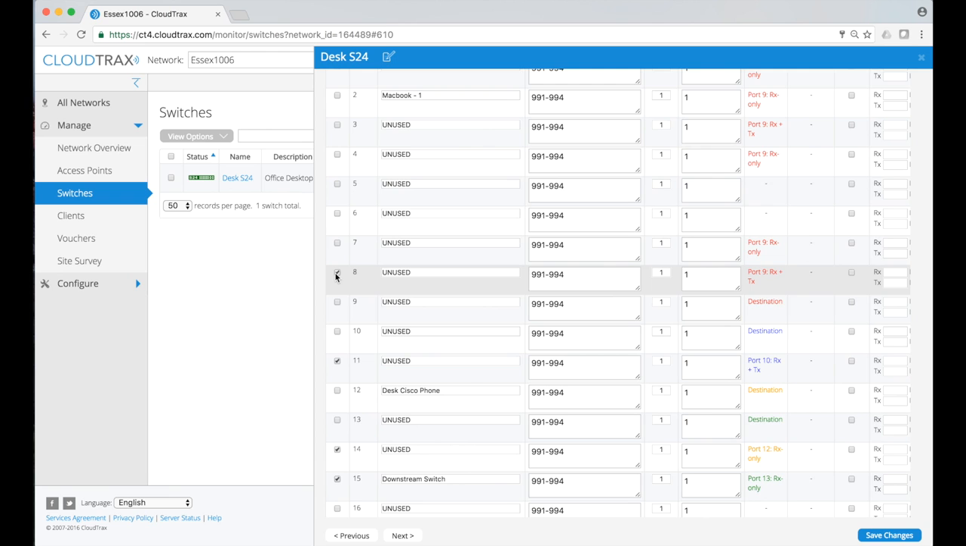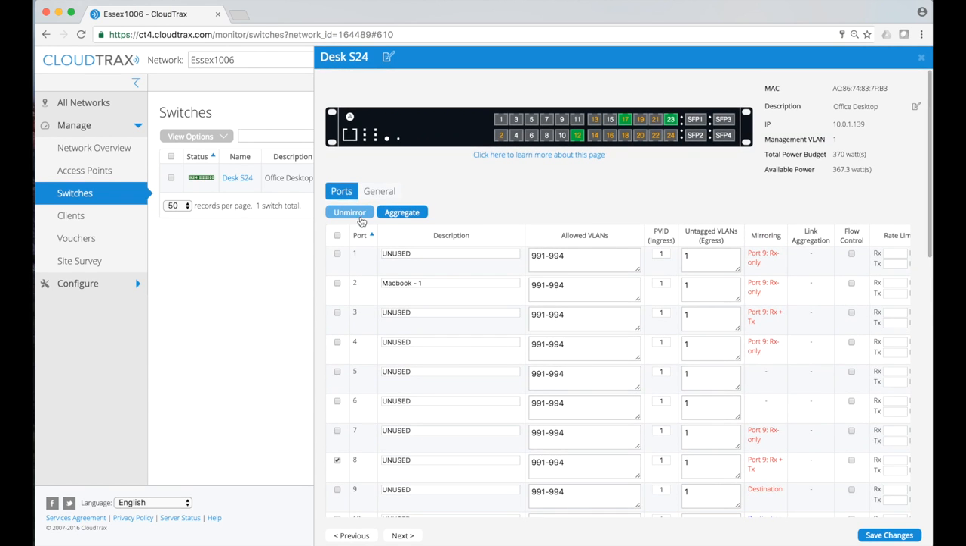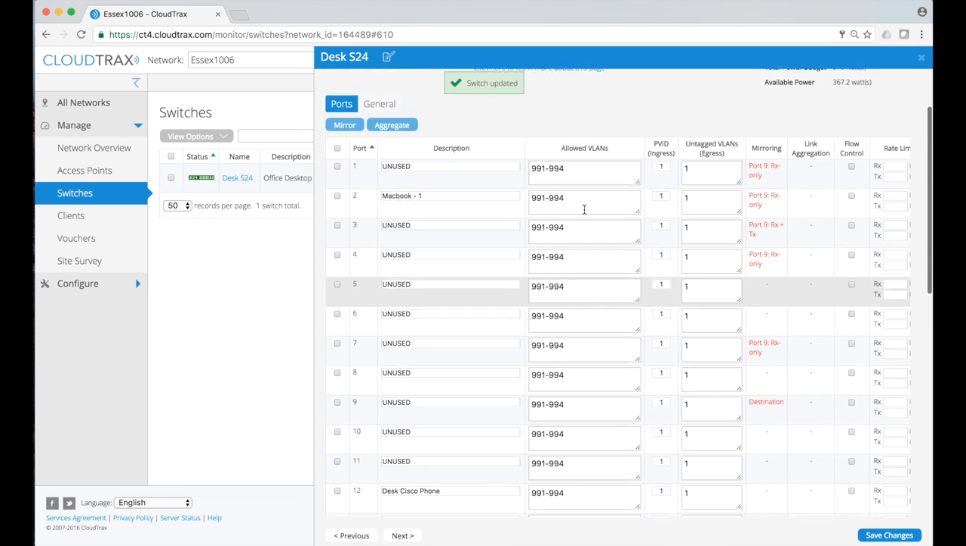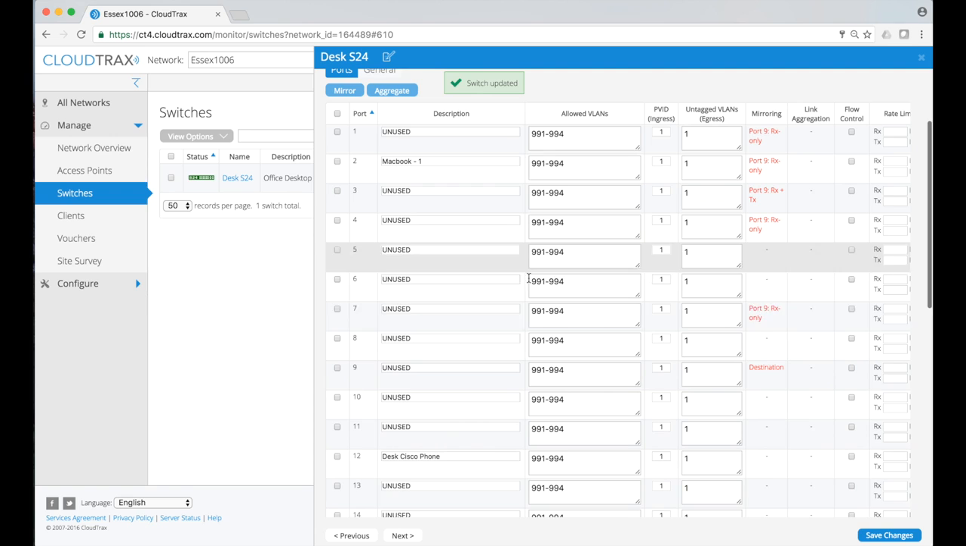And let's say port 8, that's part of the first mirroring session, and do an unmirror on all of these. And you'll notice that it unmirrors them all at the same time. What you also noticed is that